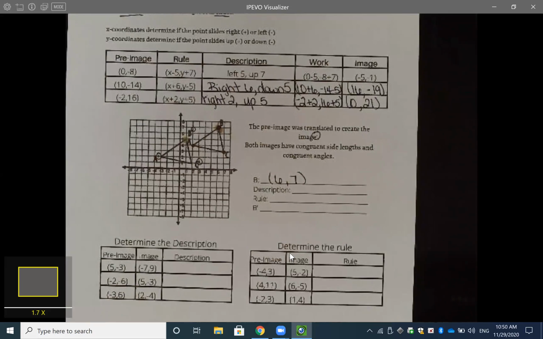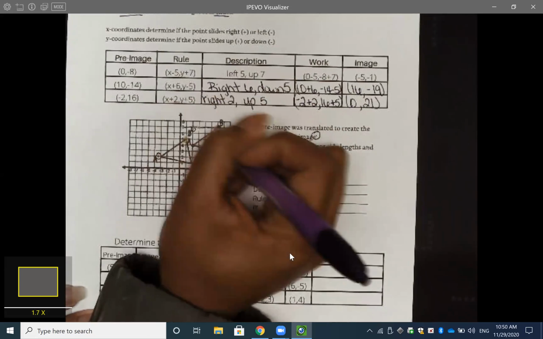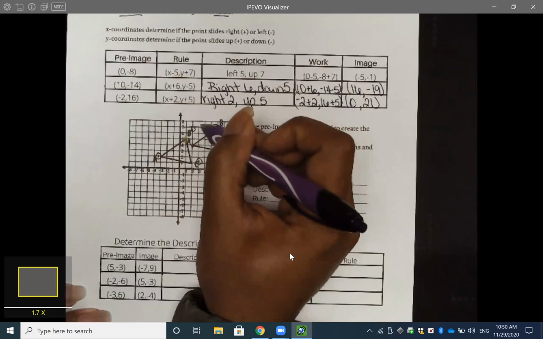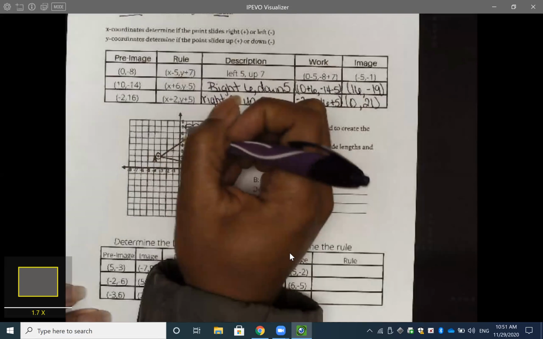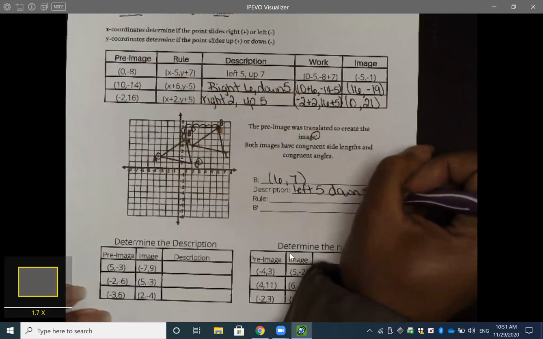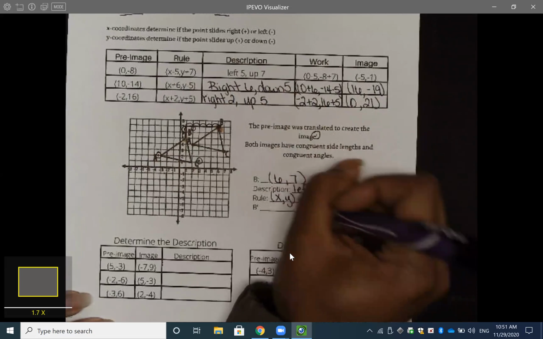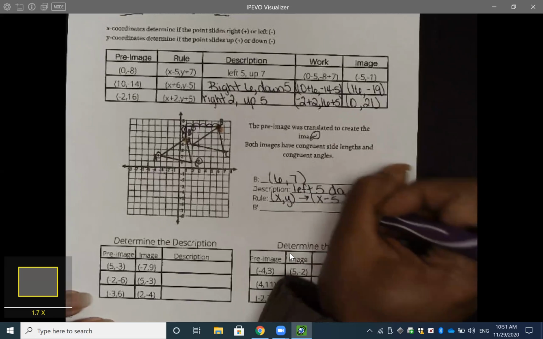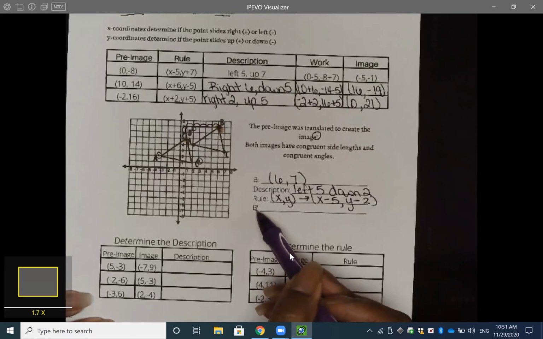So to go from my original B to my new B, I am first off going to the left. I'm moving left to get to it. So I know it's left. And I'm going to go 1, 2, 3, 4, 5 times. Left 5. And then I need to go down 1, 2. So my rule is going to be, I'm going to start off with my original XY, and then I'm going to translate to X. Since I'm going to the left, that's negative 5. And then my Y, I went down, so that's negative 2. And my new B is at